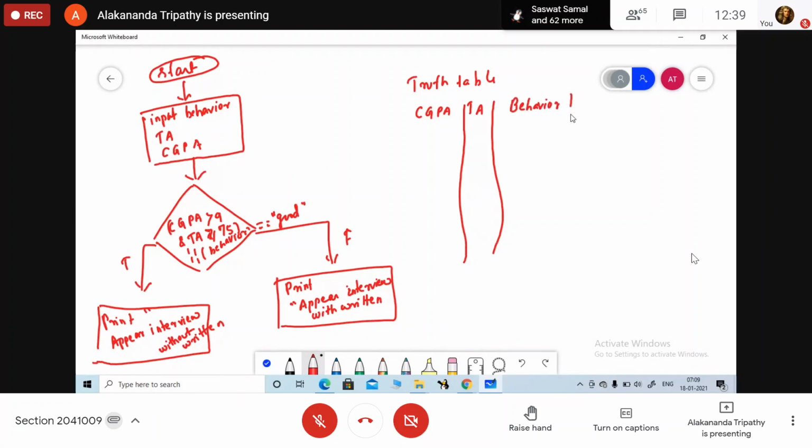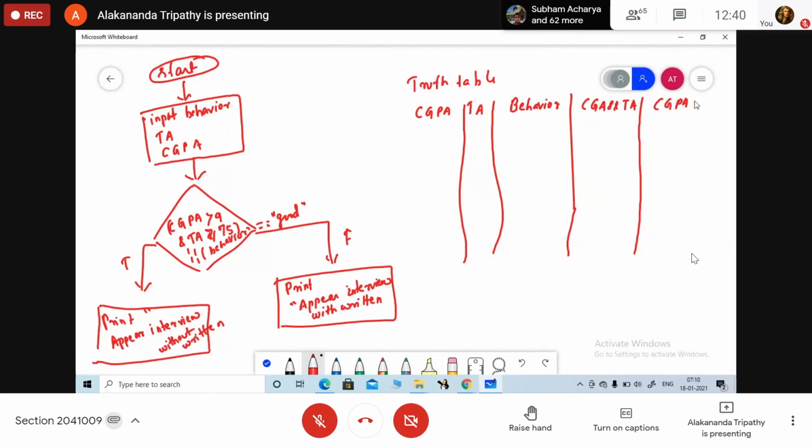So in the behavior case, we are just having the two inputs. One is true, other one is